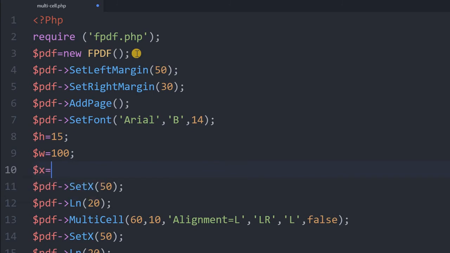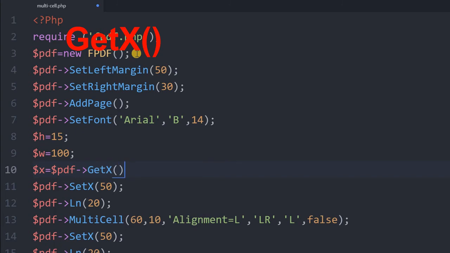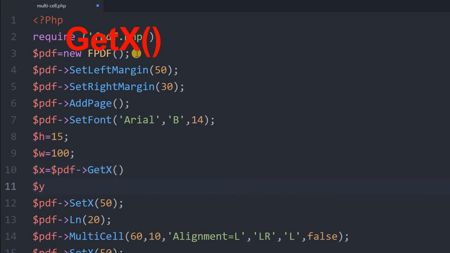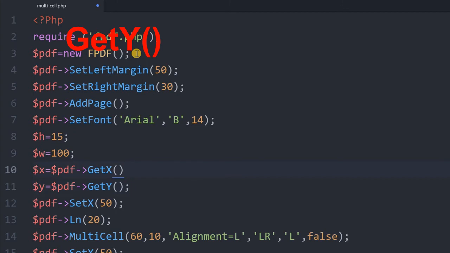X equal to, this is your current cursor position, PDF get x. Similarly y is equal to PDF get y. Sorry, here we missed it. Fine, so these two values we got. Now we'll use the multi-cell. We'll remove this.